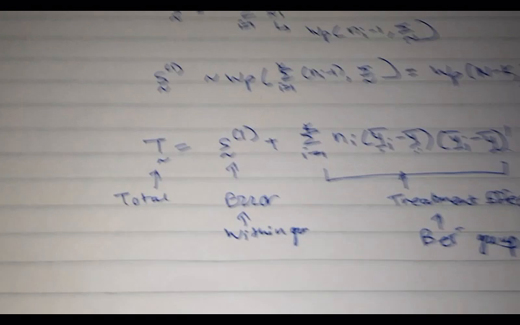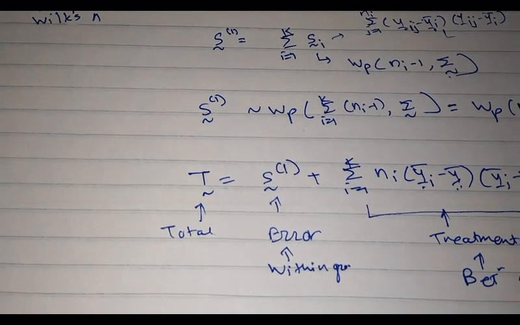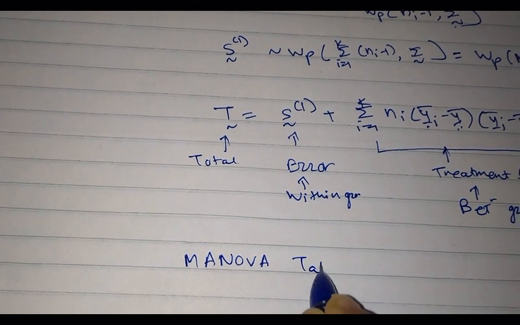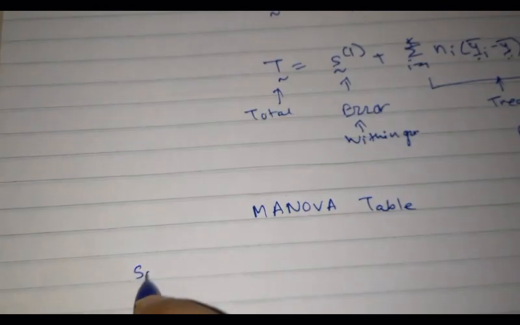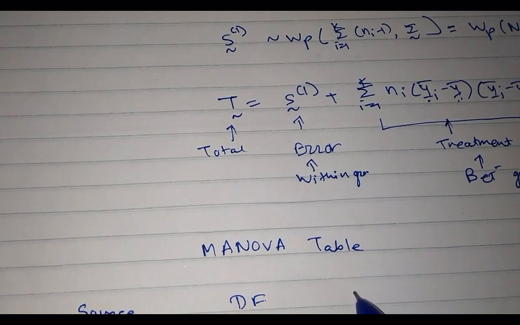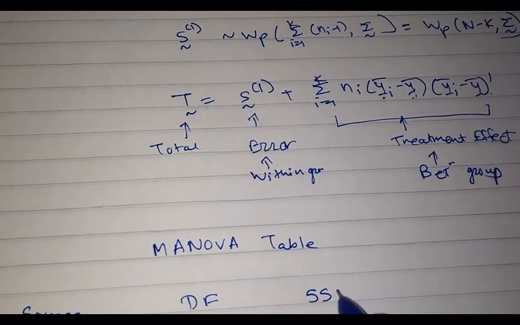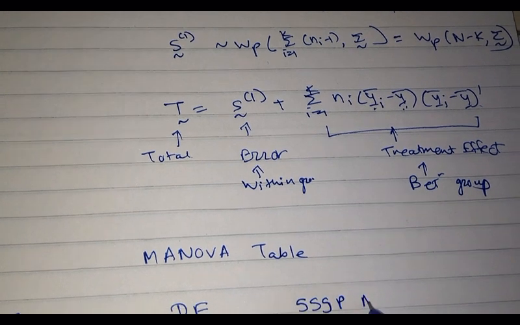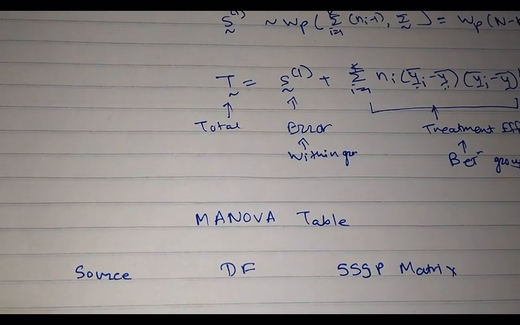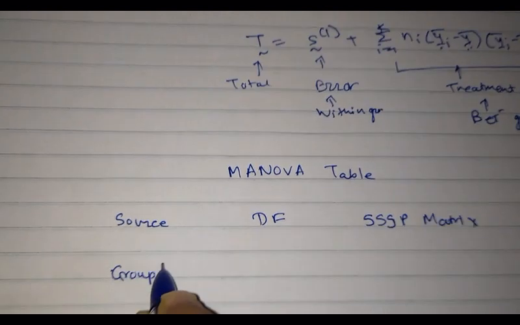So we will now have the ANOVA table; here we would call it the MANOVA table. In my MANOVA table, I will have source, degrees of freedom, and instead of sum of squares, I'll have sum of squares and sum of products matrices. The sources are three: the group or the treatment,